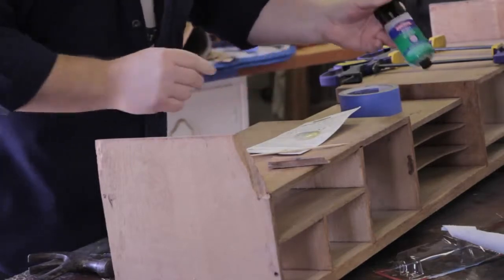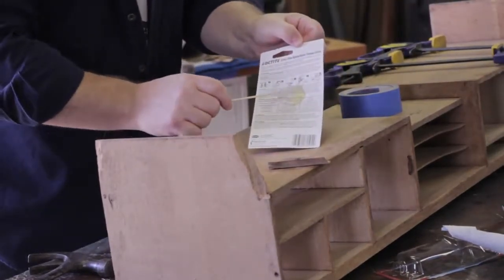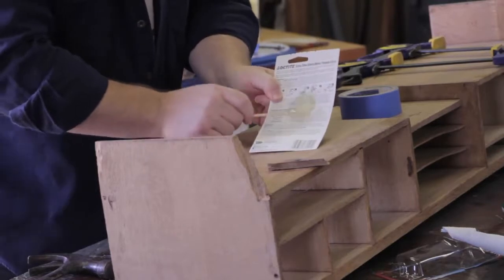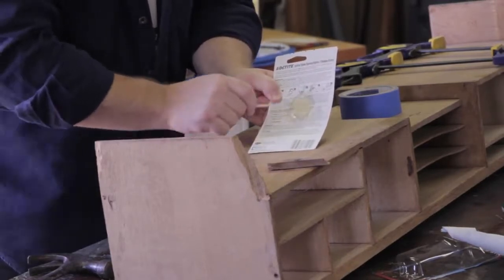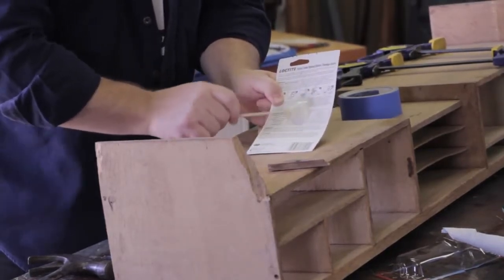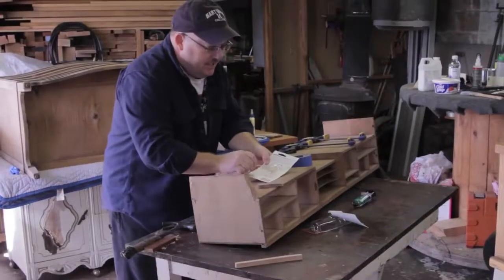There, just that easy. Now you've got two different colors. You can almost see it here. Just go ahead and blend them together. Now I have the extended time epoxy. They have quick set epoxy, overnight, but a little bit of an extended time means that you're not in such a hurry, but you still need to move along kind of quick. So once you've got it all stirred up,